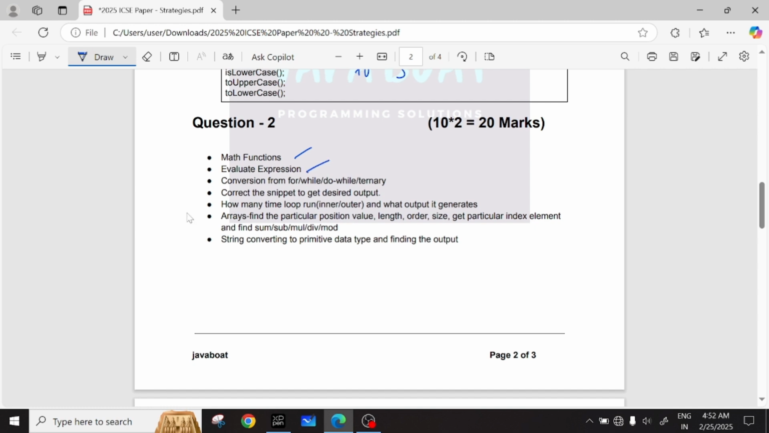Then, for evaluating the expression, you need the precedence of operators, meaning which operator has the highest weightage. That concept you need to be very good at. And converting from for to while to do while and ternary, these kinds of questions will come up. And for what output it generates, if they ask this kind of question, you need to make some tabular